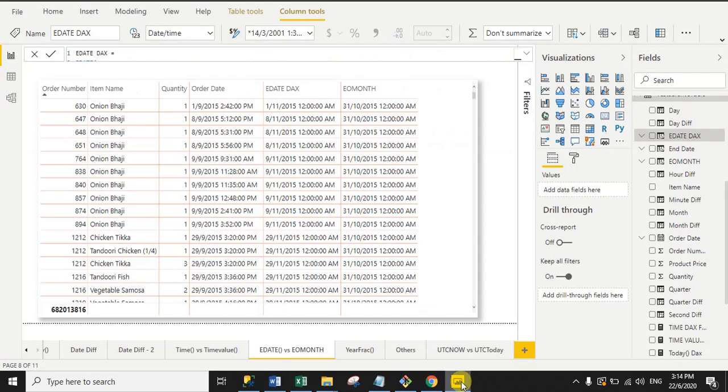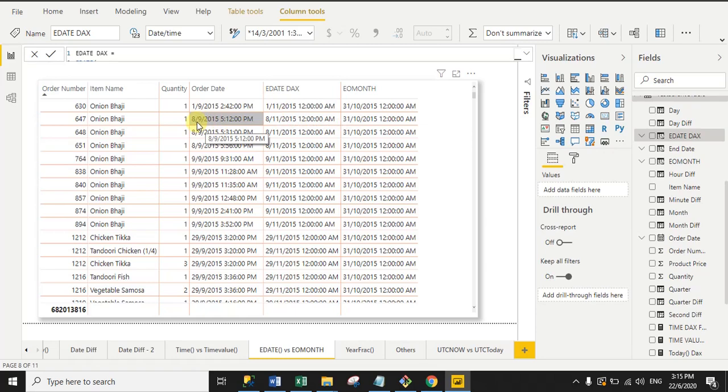Now back to the Power BI Desktop file. You can see here, let's assume this one is my order issue date, right? And I want to expire all issued orders after 2 months on the same day, right? So you can see here this is the output of the EDATE DAX function. Here the order issue date is 1/9/2015. Here 9 is the month, right? So the EDATE function returns 1/11/2015. The day is the same, only the month is changing, right? So here the month is 9. Now I want to expire all issued orders after 2 months. So if you add 2 to 9, it will show you 11, right? Now see the second date.